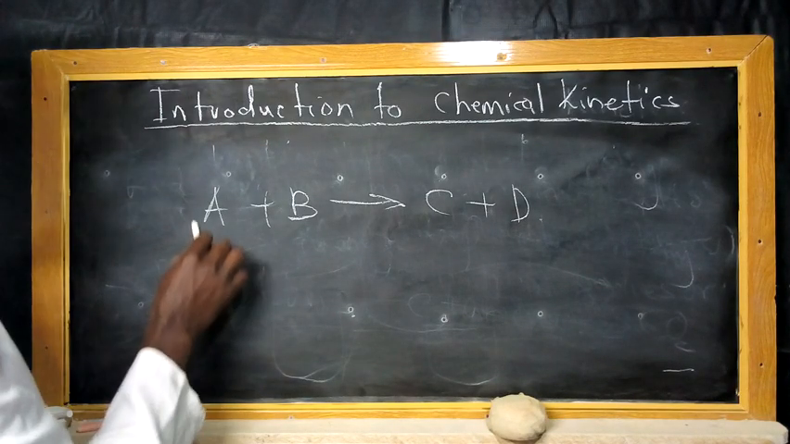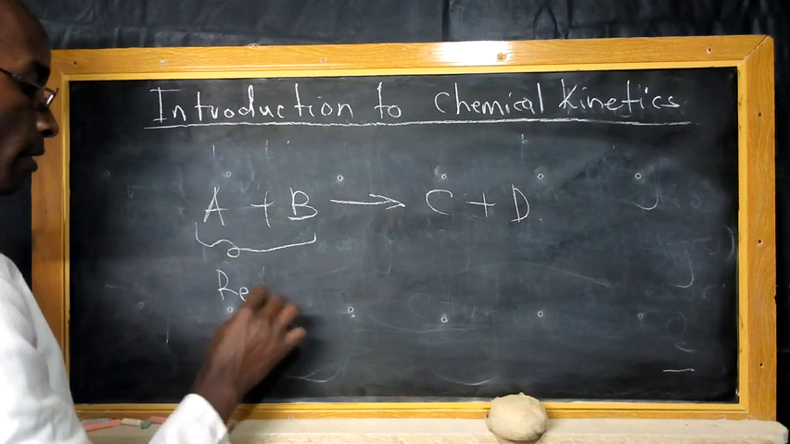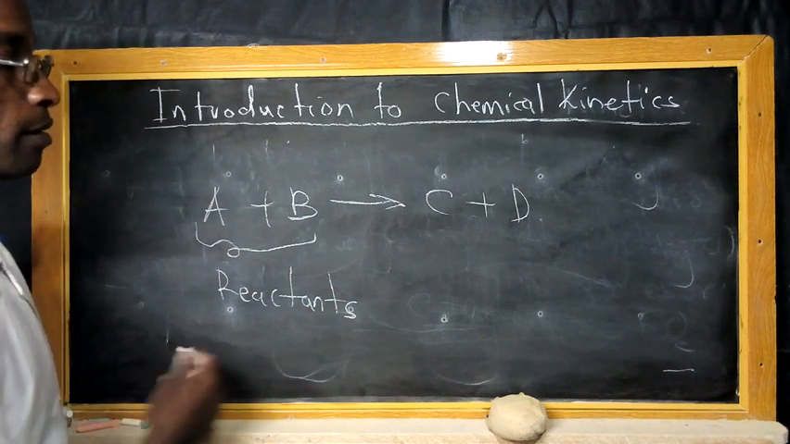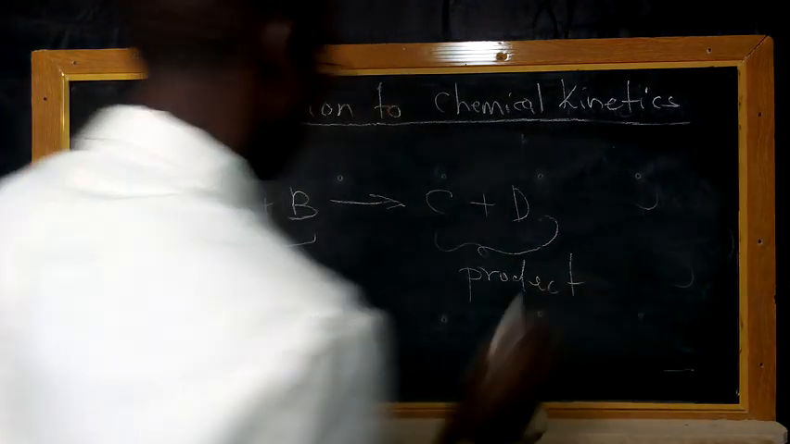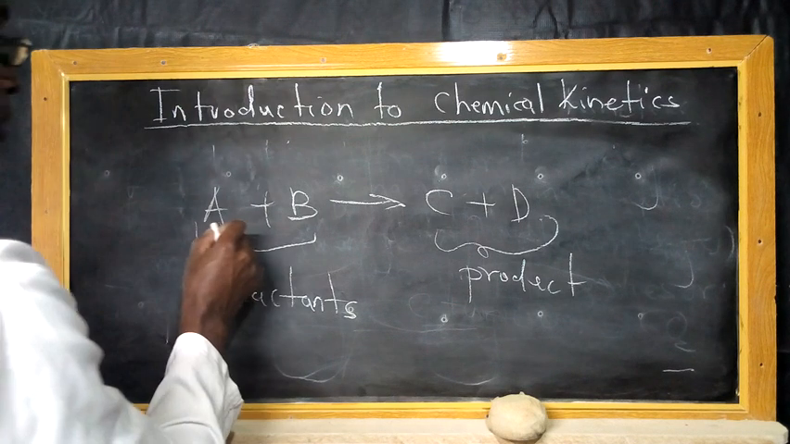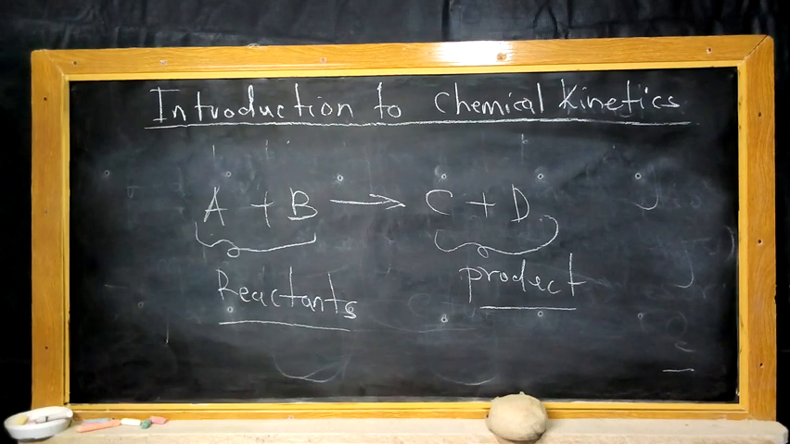This side of the equation, we refer to them as reactants, and the other side is the products. So there is a relationship between the relative quantities of the substances which are taking part in this kind of reaction in order to form products. So the ratio between the quantities on the reactant side and the products being formed is what we call